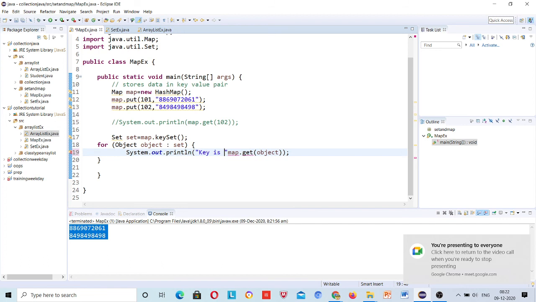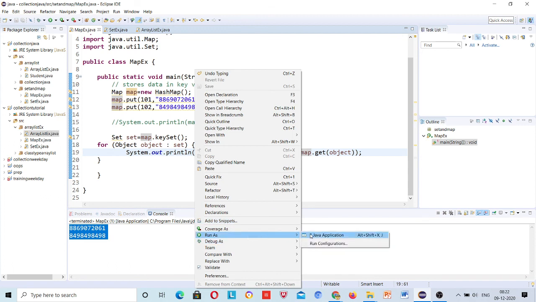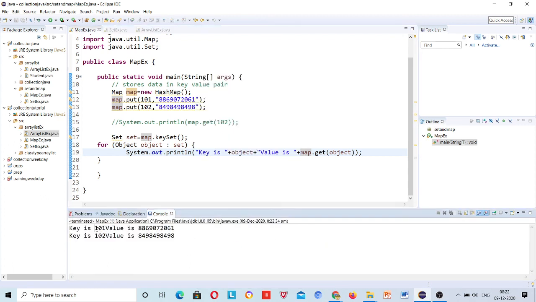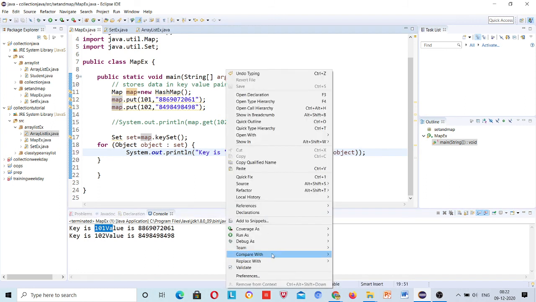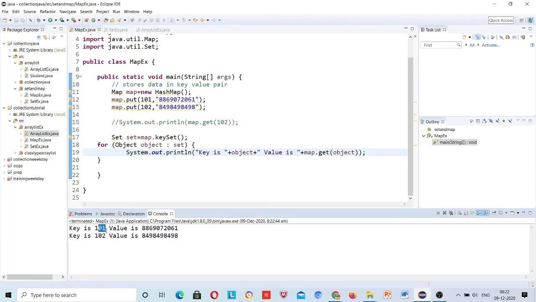Key is, just print object plus value is plus, right? Key is 101, value is this.